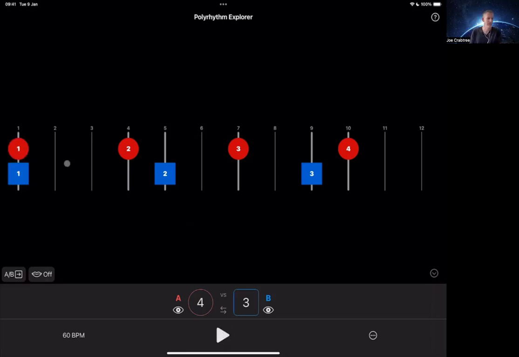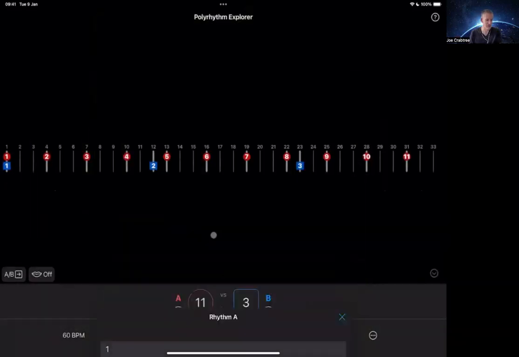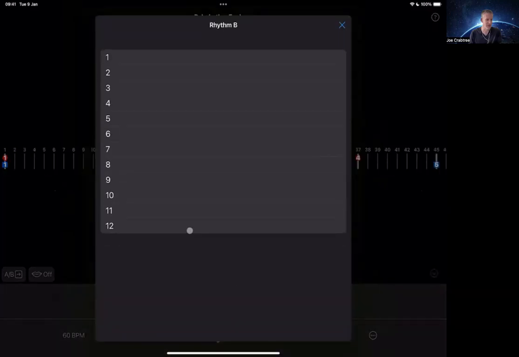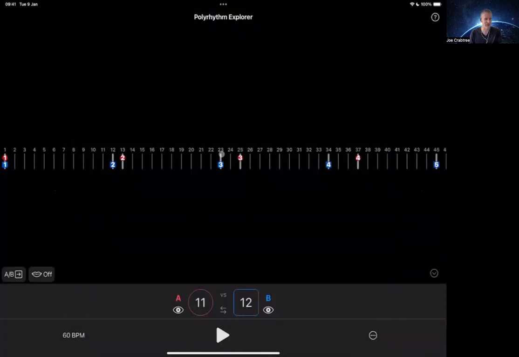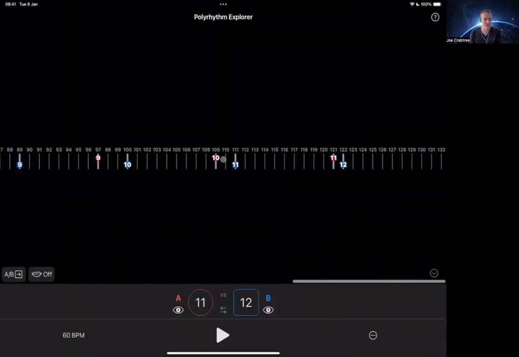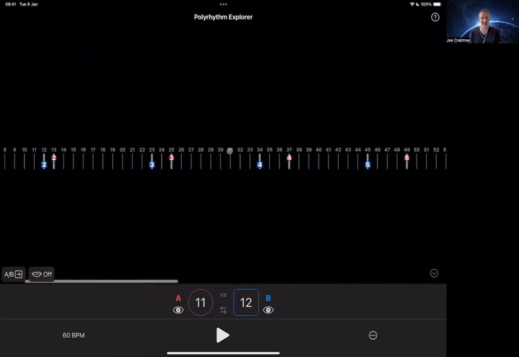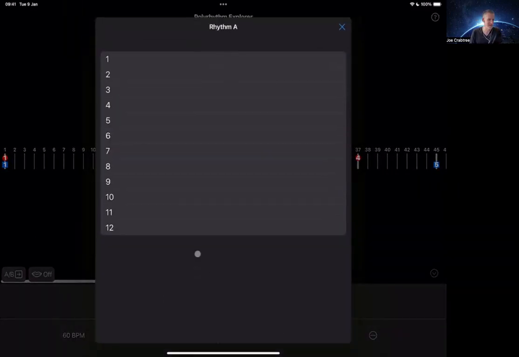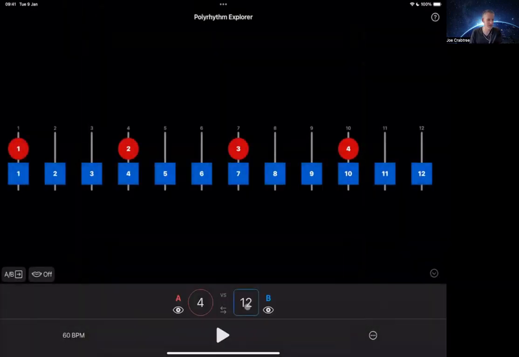Now, this is a good way of seeing how they relate, but as these polyrhythms get larger in number, for example, this goes up to 12, so you could do 11 against 12, and this has to scroll now in order to fit the 132 subdivisions on there. So let's go back to 4 against 3